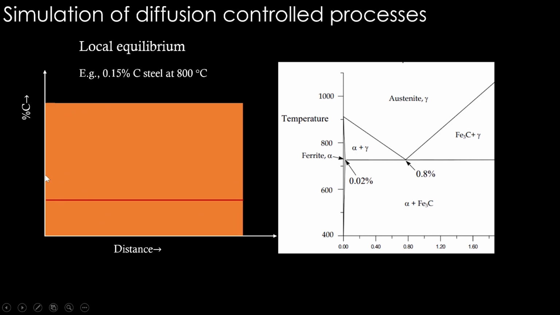This is the material, let's say the orange one is the material now. A percentage of carbon versus distance graph is superimposed on that, and this red line gives you the initial concentration. It is 0.15 throughout. This is how the initial material is. This is the overall composition, and initially, let's say, it is completely austenite here. From there, we are going to bring it to 800 degrees Celsius and keep it. The moment it comes from here to here, it will have this single phase.